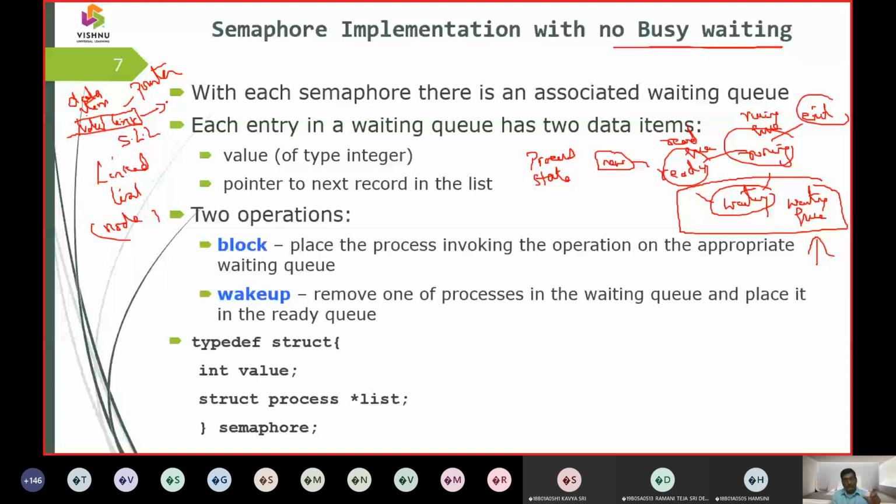Okay, how is this semaphore implemented? This semaphore is going to be implemented with two primitives. One we call the block state, another we call the wake up state. So from running to the wait state,